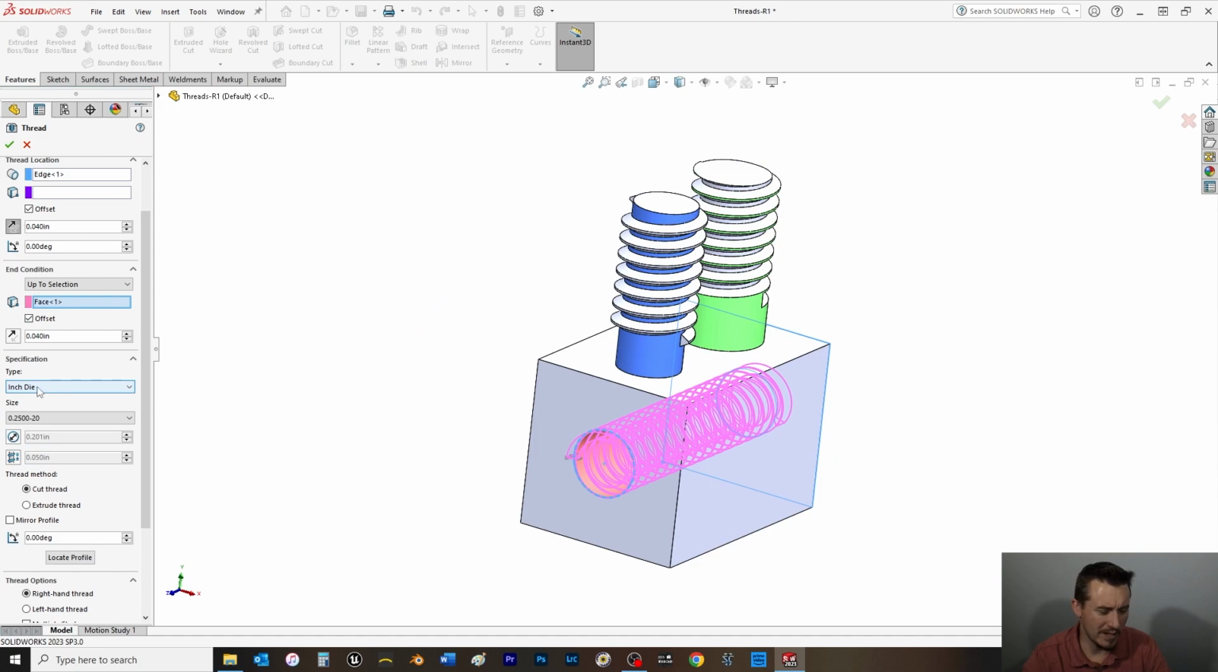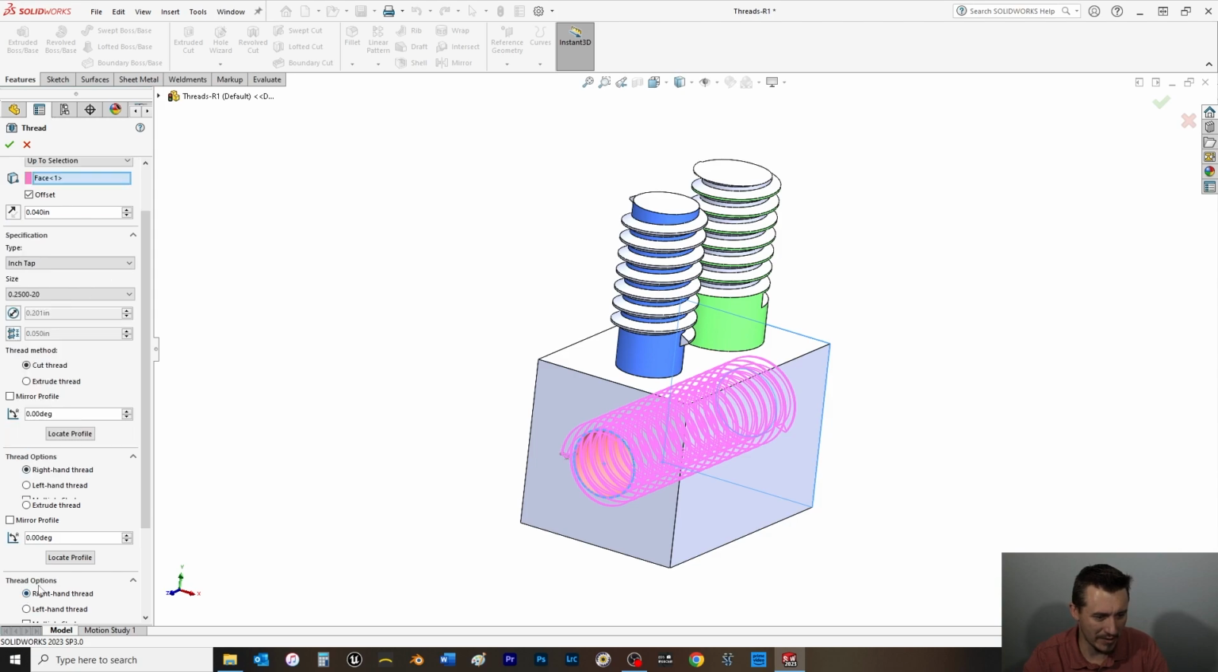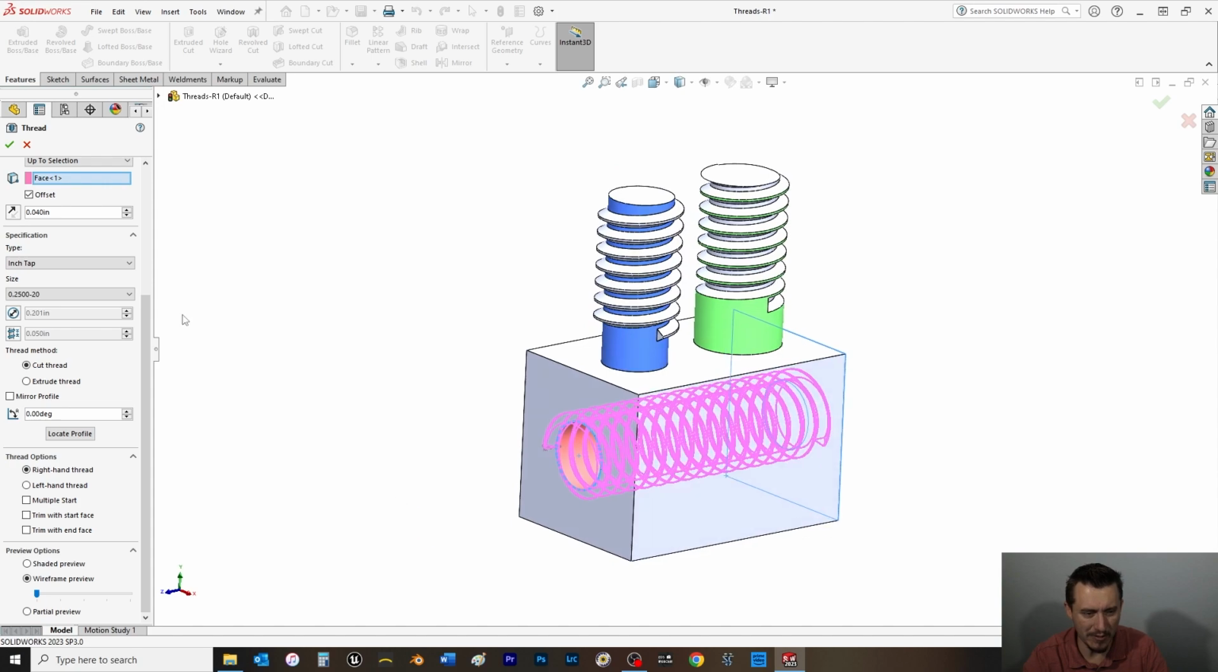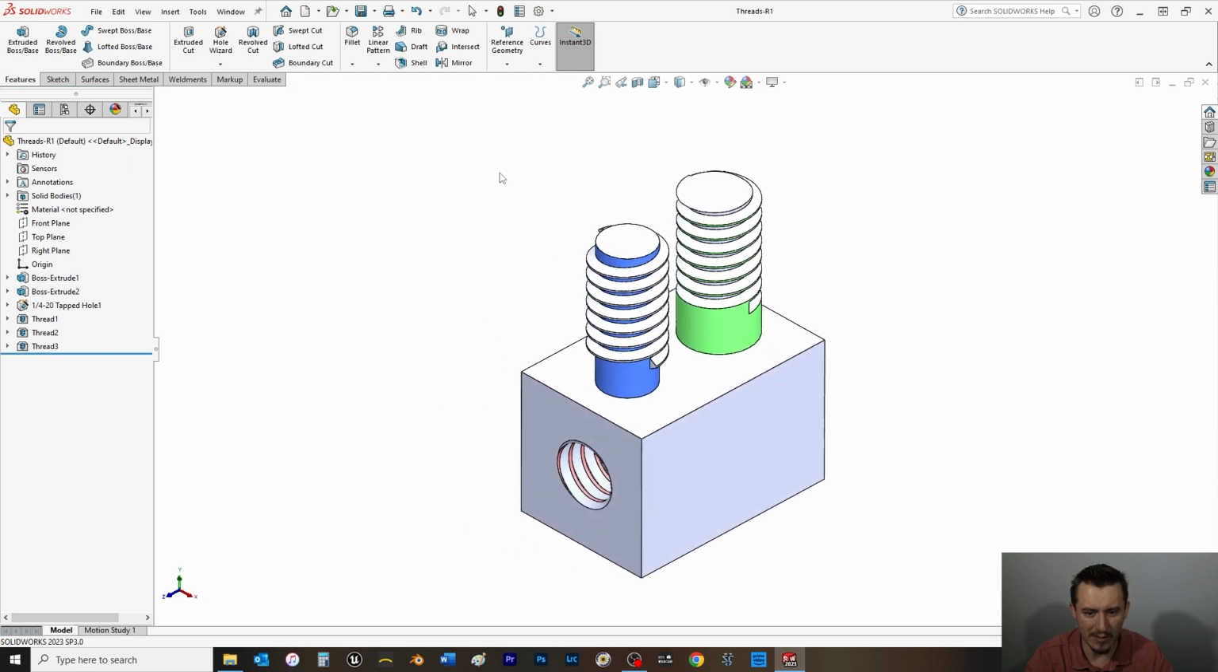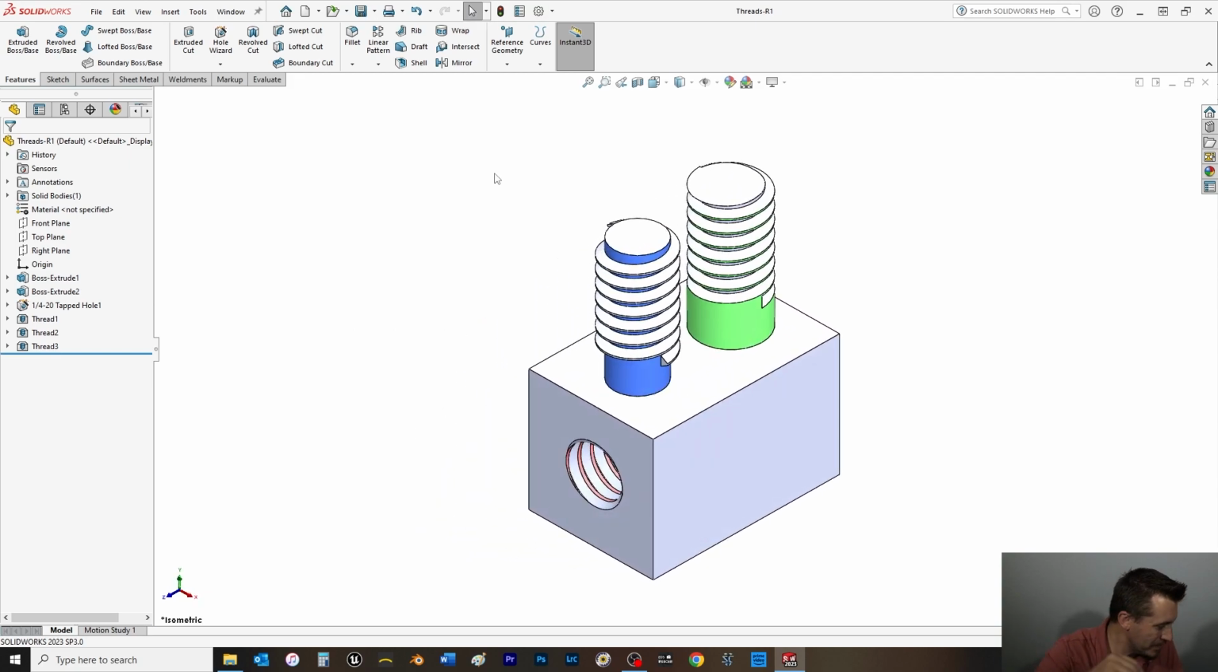We're going to come down here and make sure that it is inch tap, 1/4, cut thread, right-handed thread in our properties here. We have our partial preview, and then we're going to click OK. And then from here we can hit Control S, rebuild and save, hit the spacebar, bring it isometric for a moment, and that brings us to the